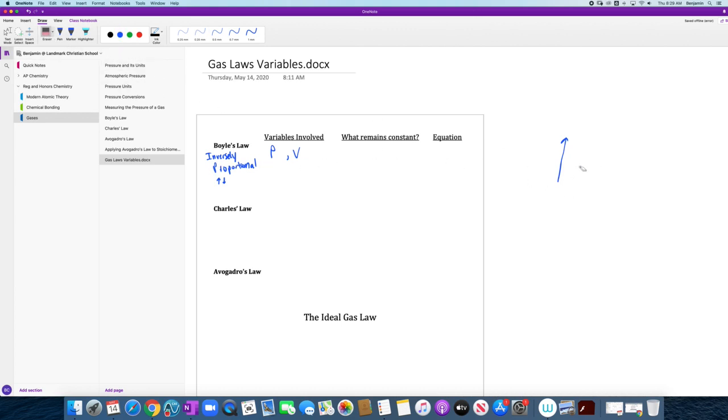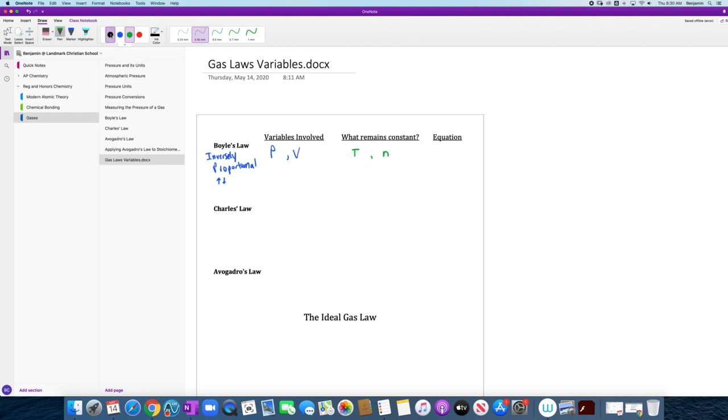relationship. Okay, so what remains constant are the two other variables that gases can have. Robert Boyle was very much aware of the temperature aspect, okay? And he wouldn't have necessarily phrased it this way, but the number of particles or moles of particles of a gas get locked into place when you have a fixed sample of gas. And we represent that by the letter N. So N is the number of moles of gas, T is temperature, and of course P is pressure, V is